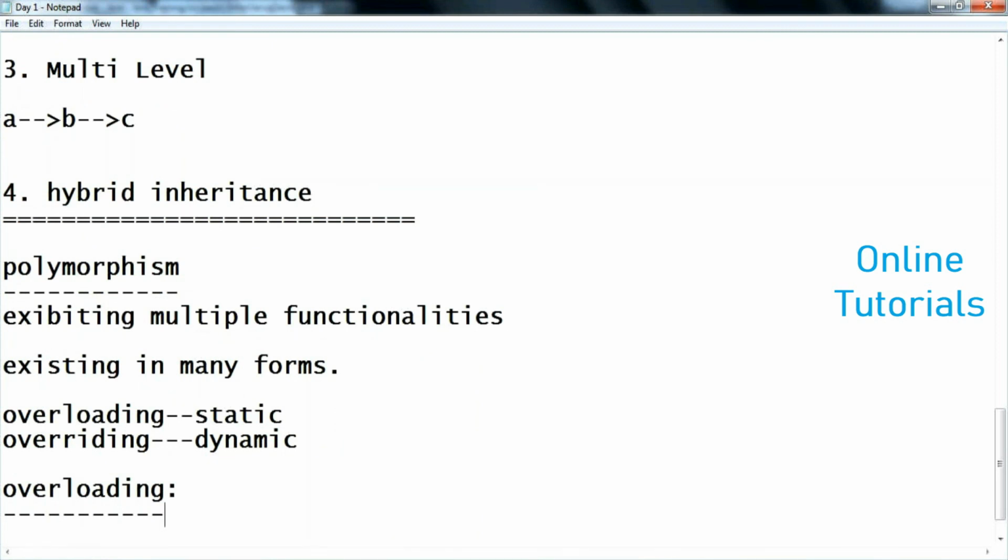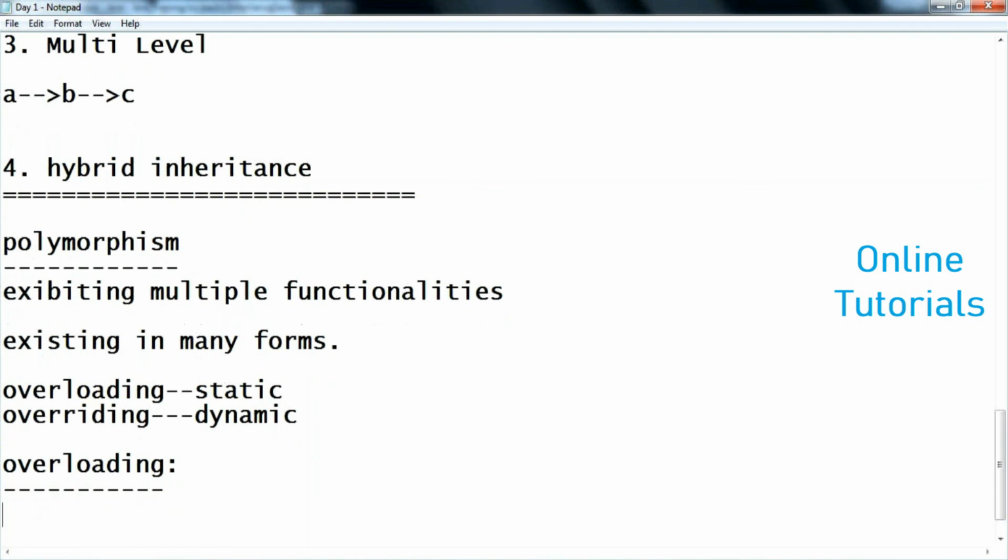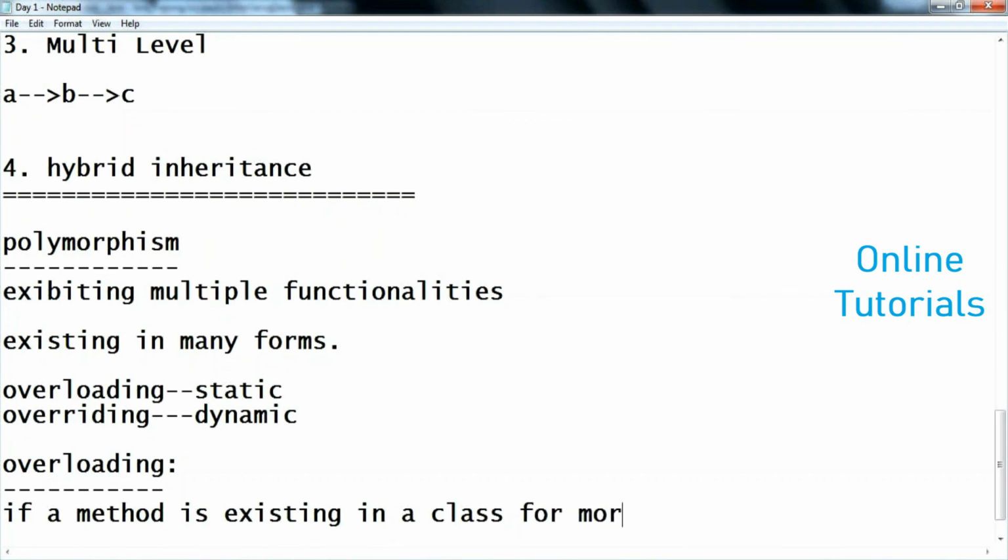What is method overloading? It means all the methods you write in a class. In a class you should write one method name only one time. But the overloading concept is that you can declare a method name more than one time, but the compiler won't accept it if it is the same, and there is a constraint. What is that constraint? If a method is existing in a class for more than one time,